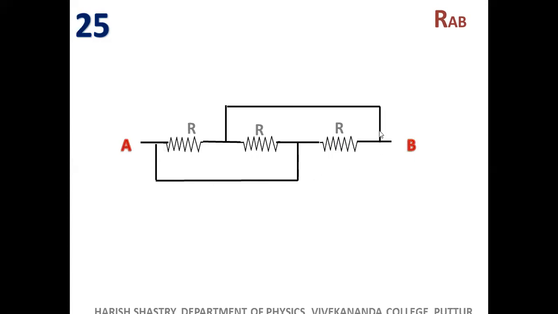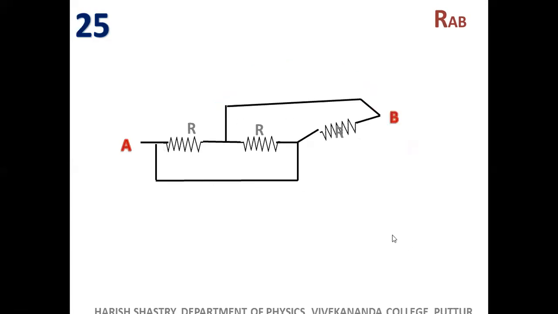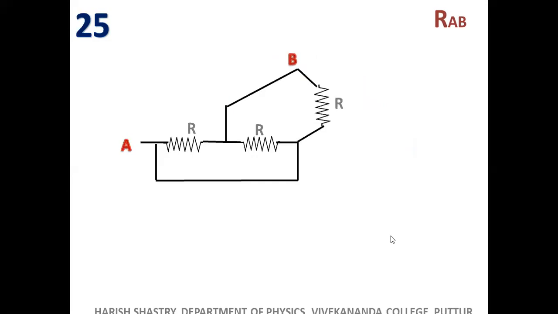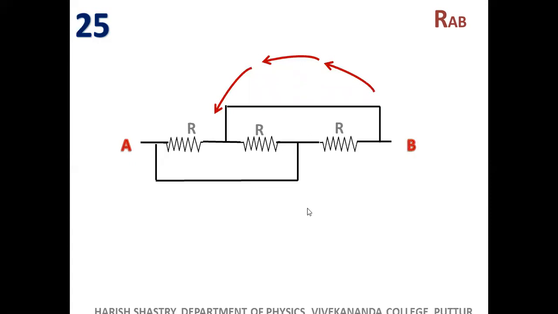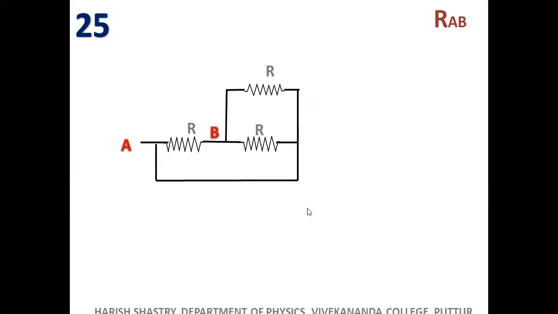So now let us try to put B here. We will take the B here. So what I'll do is, I'll stand here and I'll try to attract this point, or I will try to pull this point here through this path. Standing here, I will try to pull this wire. So I will start doing it. I'll start pulling. I pull it like this, like this, like this, like this. And finally, I take B here. Because it was like this earlier, right? It was like this. And I have pulled B, and finally B lies here.